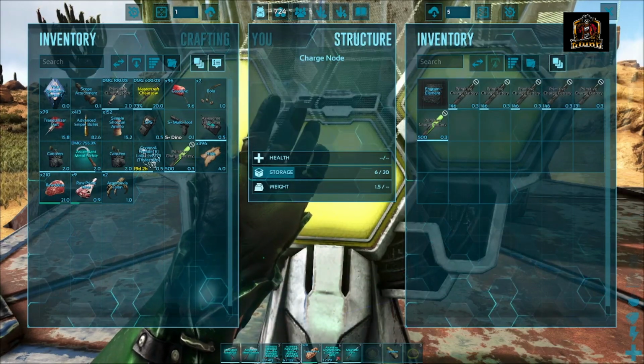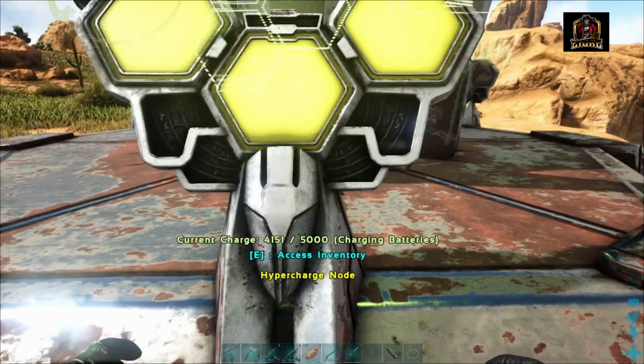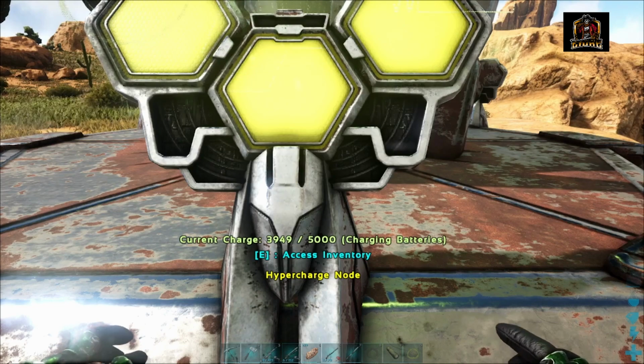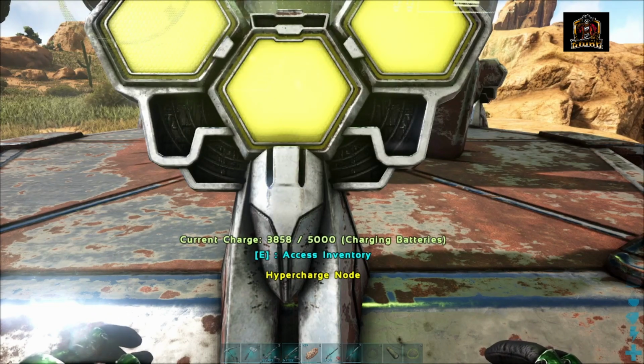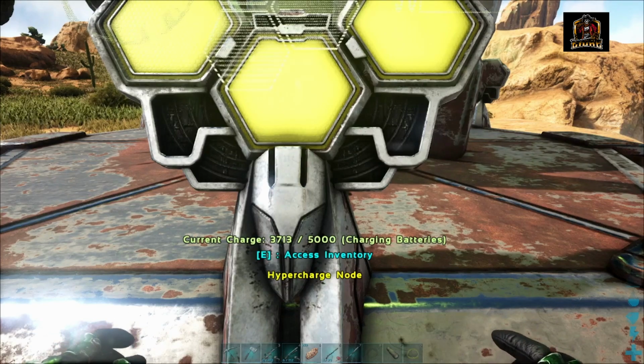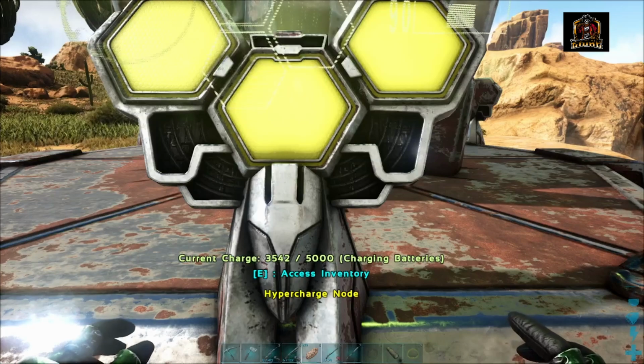Once you put these in here, you can see they actually start to drain the charge of the charging station. A full charging station has 5,000 charge units to it, and as you can see, this one's quickly dropping. We're already down to 3,700-ish. So you're going to bring your batteries over, throw them in, and leave them